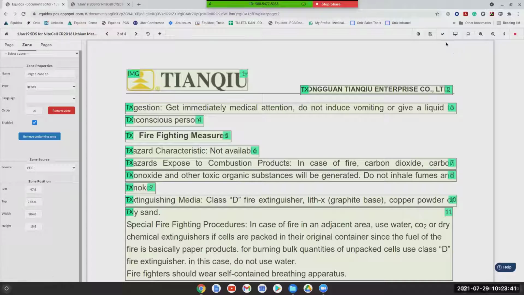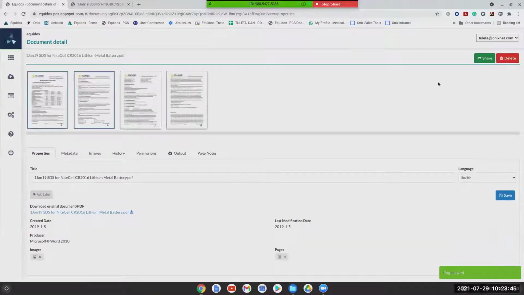With Equidox, we have this really nice combination of automation as well as the ability to quickly interact with individual pages and make those more nuanced adjustments to make sure that you are in fact producing not only a compliant document, but a fully usable document that a screen reader user can open up and interact with, and they're not going to be calling your office complaining that your website is full of documents that they can't access and interact with.